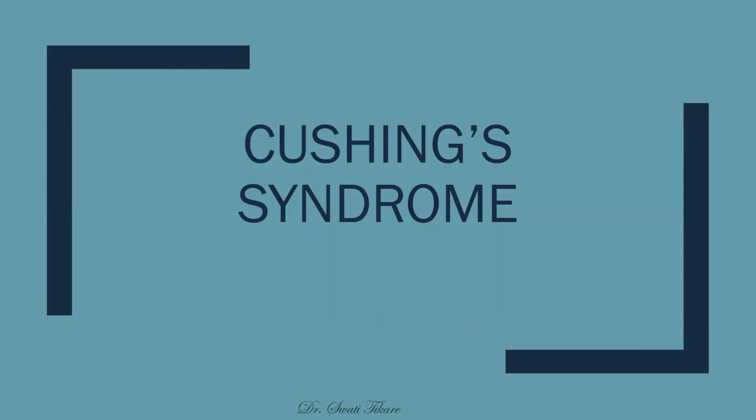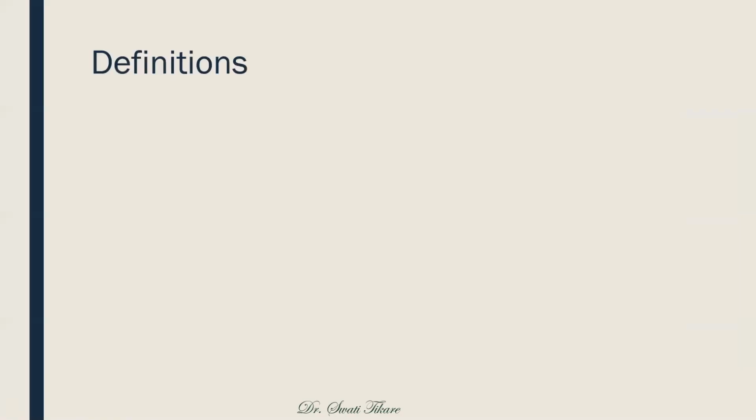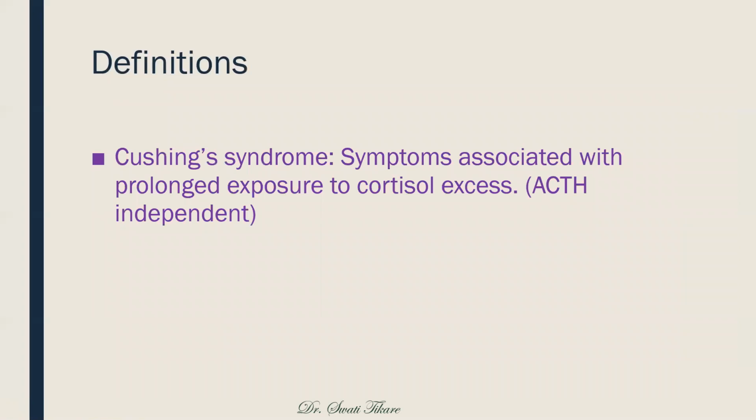So now moving on to the syndrome of Cushing syndrome, that is due to the excess of adrenal cortex hormones. First, Cushing syndrome can be defined as a group of symptoms associated with prolonged exposure to cortisol excess. Okay, so there may be many causes. It may be that the cortisol is produced within the body. It may be that iatrogenically for some disorder, the cortisol is being given, or it may be that instead of adrenal cortex, some other place there is production of cortisol.